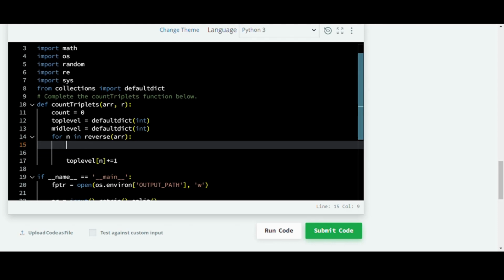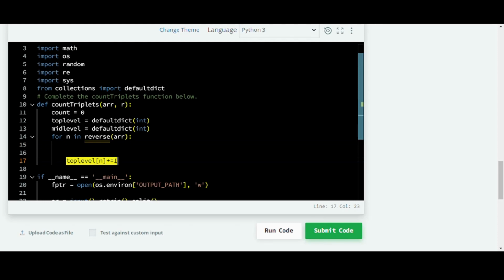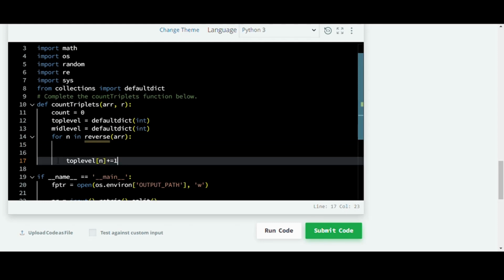The top level gets its first value only after this block of code is executed, right? Since it's a geometric progression and we need to check for the common ratio, considering that we are going in the reverse loop, for the first variable, when we multiply n with r, this part will always be skipped because you won't have a value greater than this number right now, and you would put n in top level. So after the first iteration, top level has n.